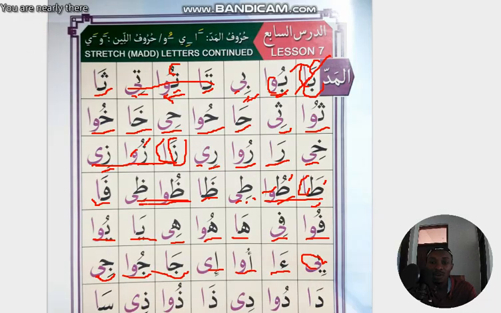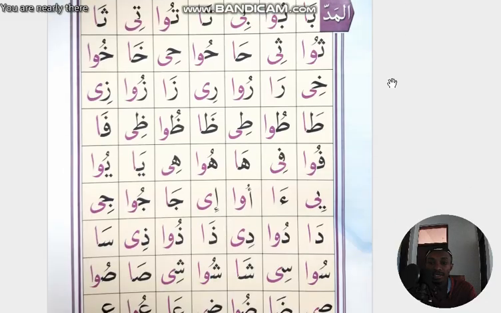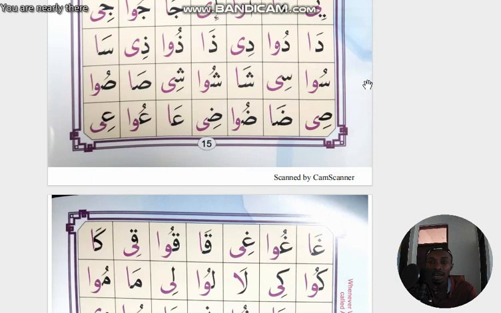So you can see how easy and enjoyable it is to read this. So finishing this part, dal fatha alif sukun da, dal dhamma waw sukun du, dal kasra ya sukun di, da du di, dal fatha alif sukun dha, dal dhamma waw sukun dhu, dal kasra ya sukun dhi, dha dhu dhi, sin fatha alif sukun sa, sin dhamma waw sukun su, sin kasra ya sukun si, sa su si, shin fatha alif sukun sha, shin dhamma waw sukun shu, shin kasra ya sukun shi, sha shu shi,